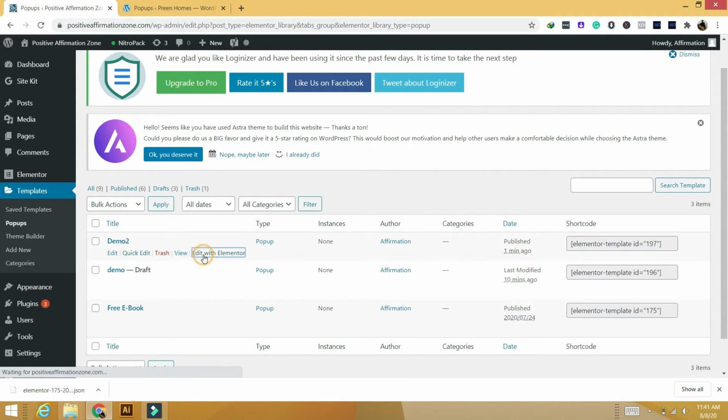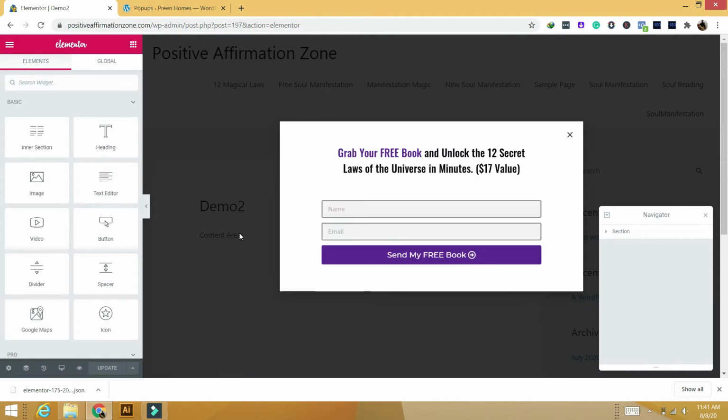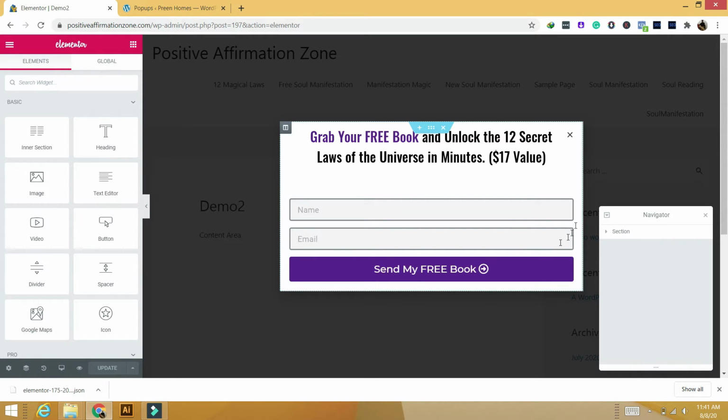Now if we go inside the pop-up template, as you can see, the exact same pop-up is present here, and we have successfully imported the same pop-up that we created earlier.